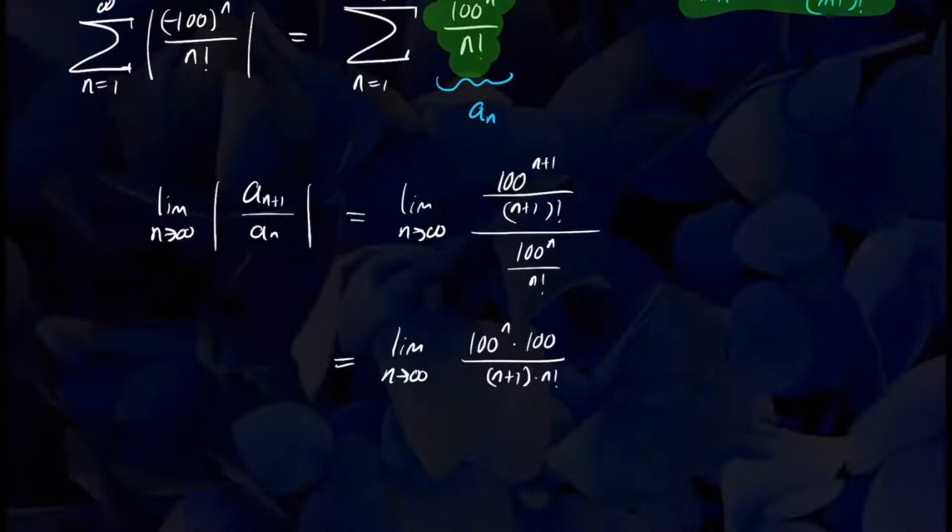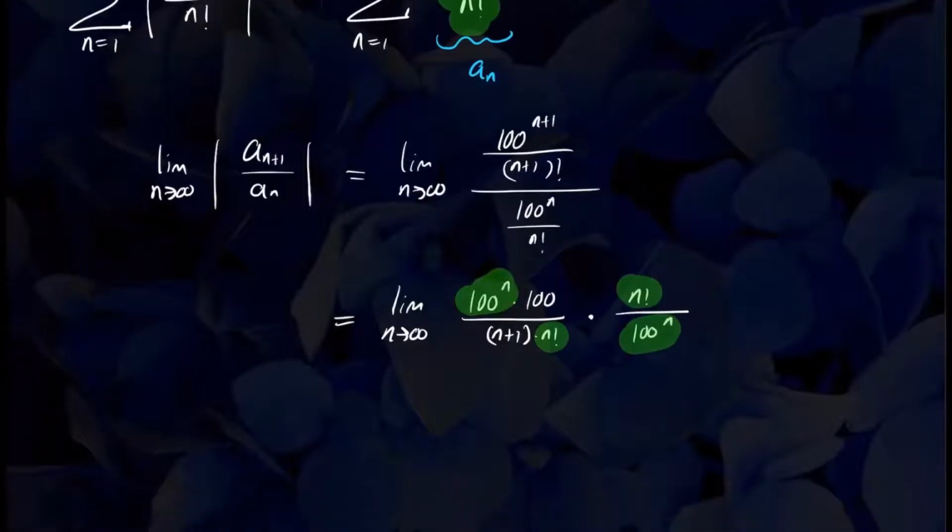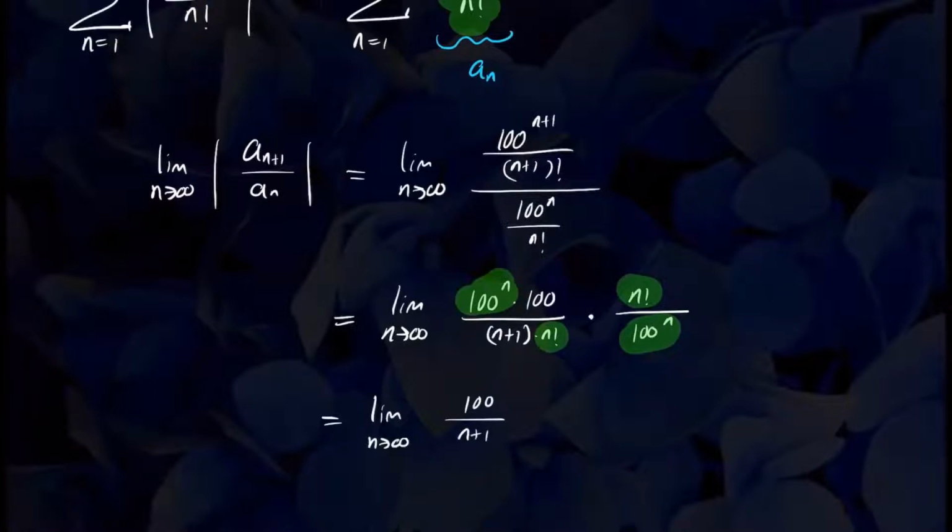And then I reciprocate the bottom fraction. So this would be n factorial over 100 to the n. So I did some algebra and some simplification as well. Now I can cancel out like terms. So this one and this one, they can cancel. 100 to the n and 100 to the n, they can also cancel. So what we're left with is the limit as n approaches infinity of 100 over n plus 1. Now, if you take this limit, you're going to get 0 because the denominator is growing, the numerator is a